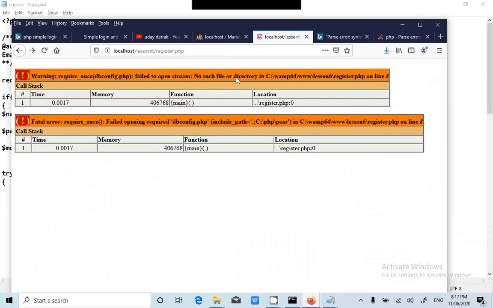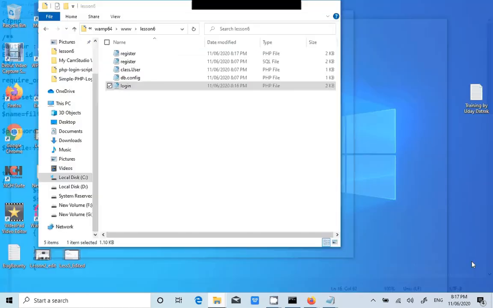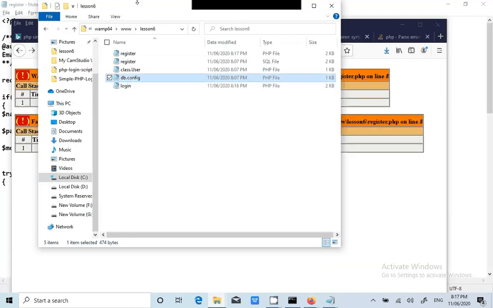on line number 8, if you see, require_once db.config.php, failure to open the stream. That means this particular file we don't have it. We have it, but